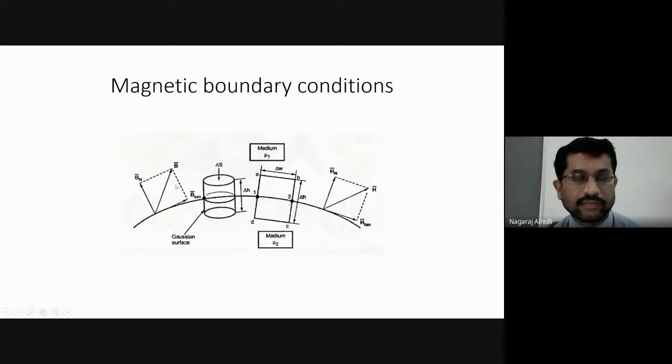If we resolve the magnetic flux density at the boundary, we have two components, that is B tan bar, which is the tangential component, and Bn bar, which is the normal component. This is the resultant B bar. Similarly, for the magnetic field intensity we have H tan bar, the tangential component, and Hn bar, the normal component. The resultant or total net magnetic field intensity is H bar, which is along the diagonal of the rectangle.